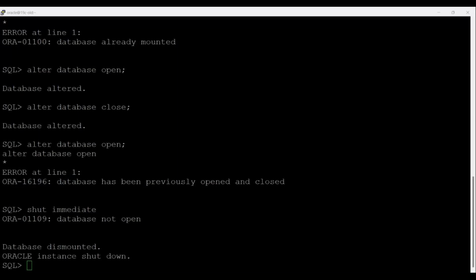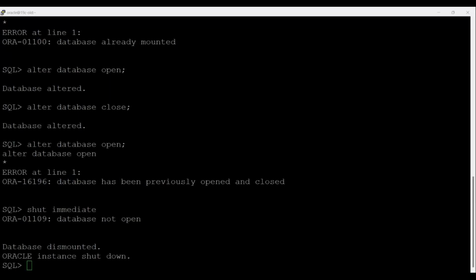Okay. Alter database open restrict. Okay. Sure. Now, what is actually the purpose of restricting the instance? Can anyone? What is the purpose of restricting